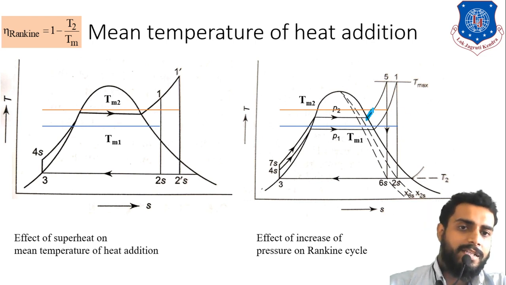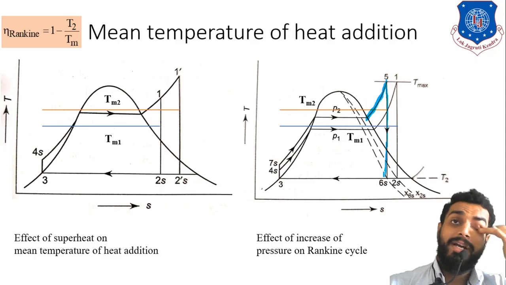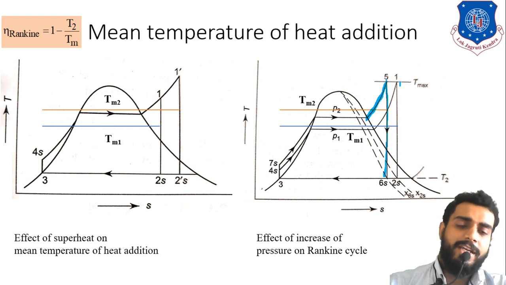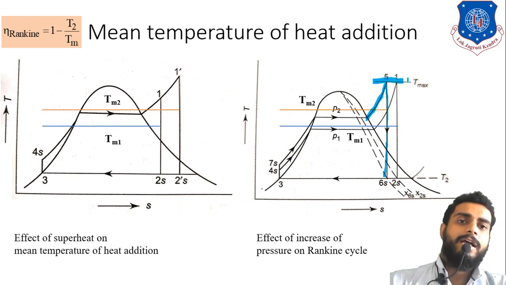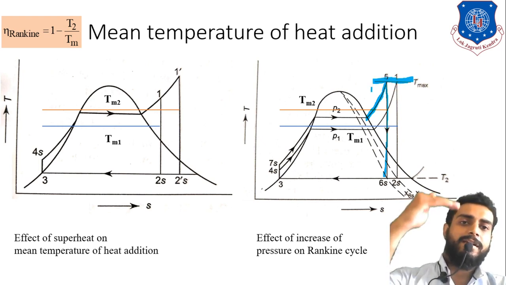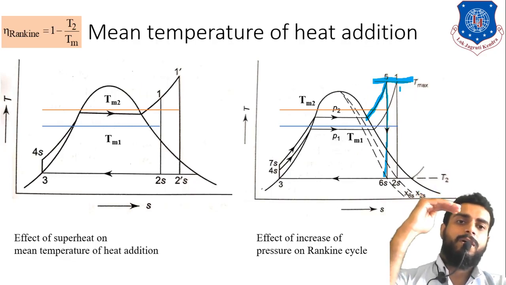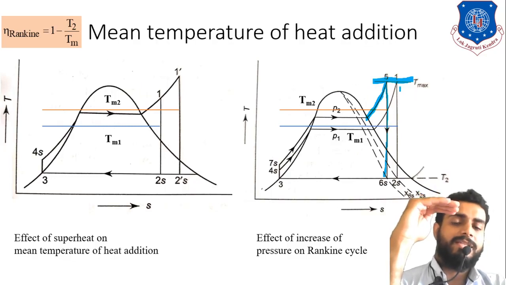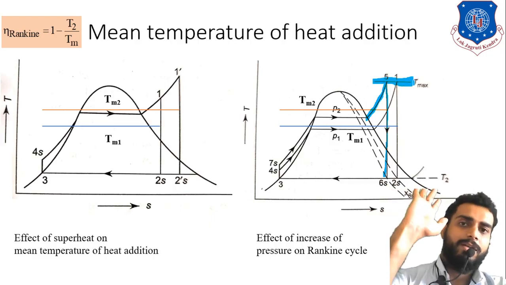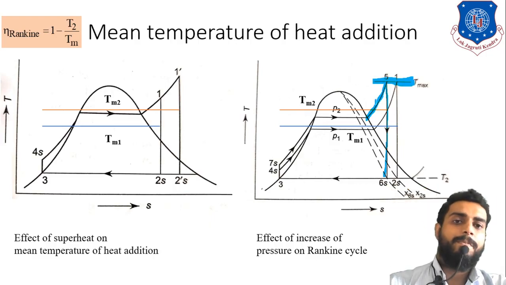Now if the pressure is 10 bar, that means this line. So now the expansion in the turbine will take place through this line, that is 5 to 6s, right? Many of you might have the question, sir, why do 5 and 1 have the same temperature? Can it be different? Yes, it can be different, but we have considered, as I explained in the previous case, the metallurgical condition, right? So that is our maximum temperature that can be achieved.